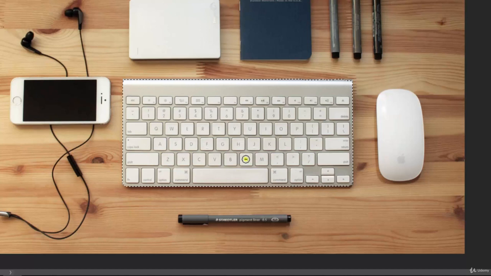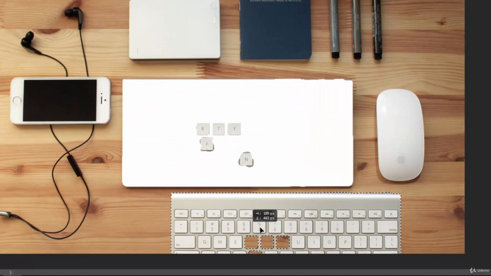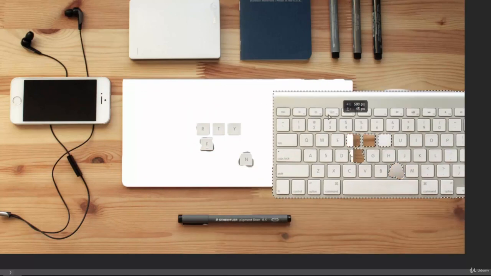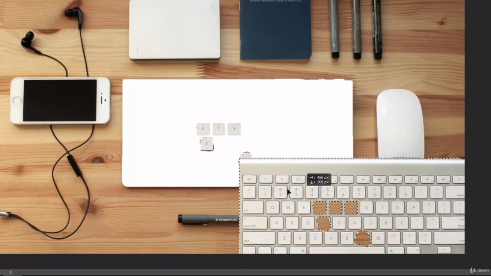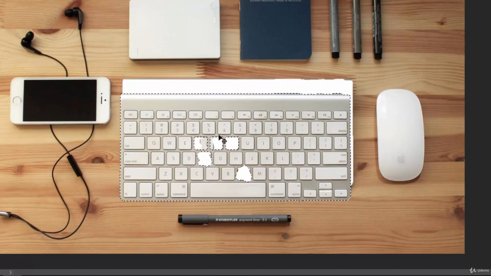So if I wanted to maybe get rid of these keys, I could come in here and try to remove them. Now it's not doing it perfectly, but you can see by holding the Alt or Option, it's subtracting from that selection. If I grab the move tool and I move that out of the way, you can see those keys have stayed because I deselected them, and there's a hole in the keyboard now. So we'll undo that,